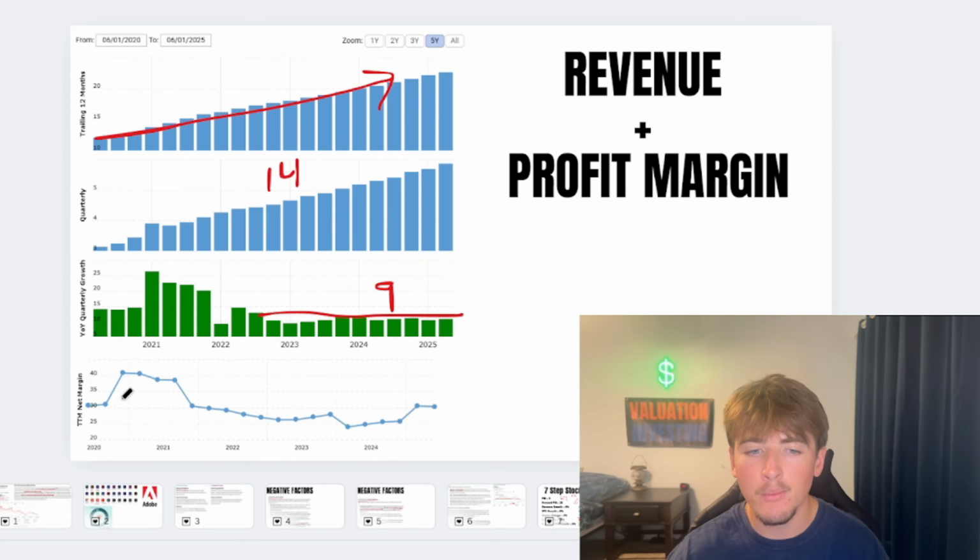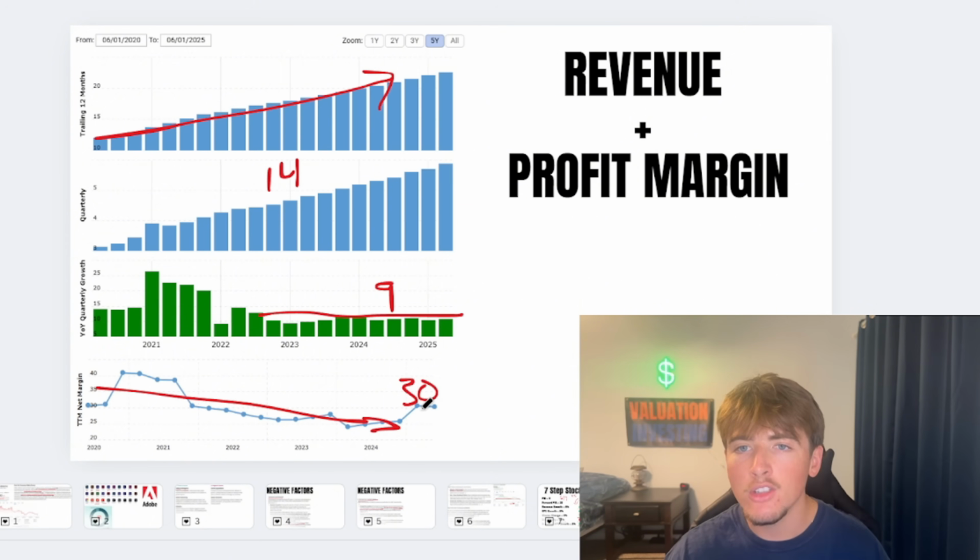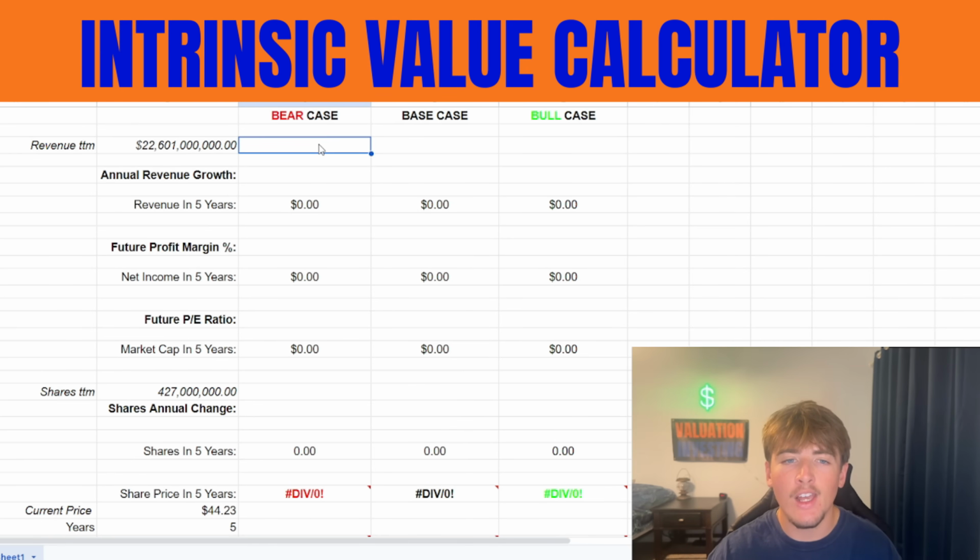And also the profit margin, a little bit worrying, is that it is kind of decreasing over time. It's not decreasing by that much, but right now it's at about a 30% profit margin. So it's not terrible, but I would like to see the profit margin increasing over time. But that being said, with my intrinsic value calculator, I'm going to be doing a bear case, base case, and bull case for Adobe. And with the annual revenue growth rate, as we saw, they're growing at about 9% each